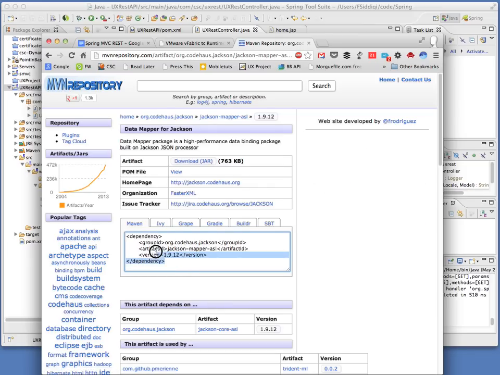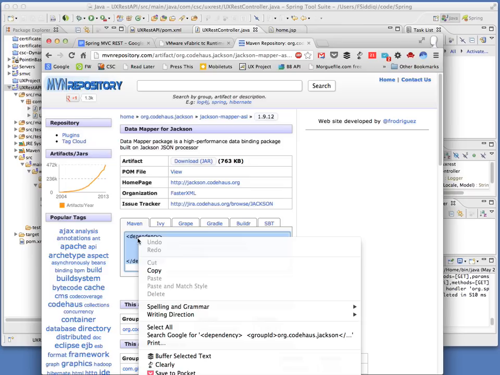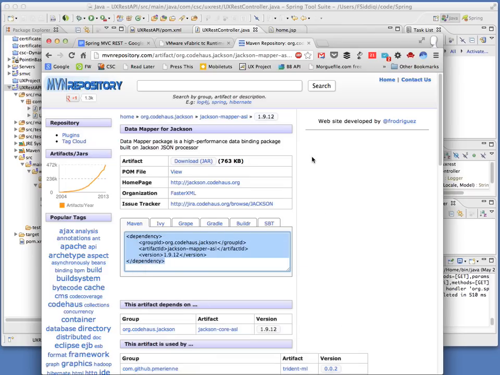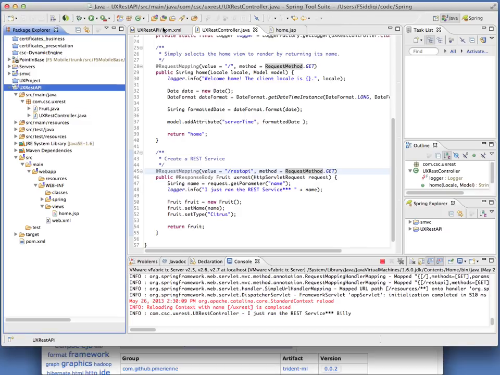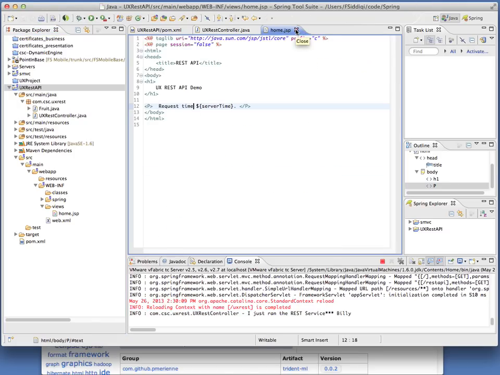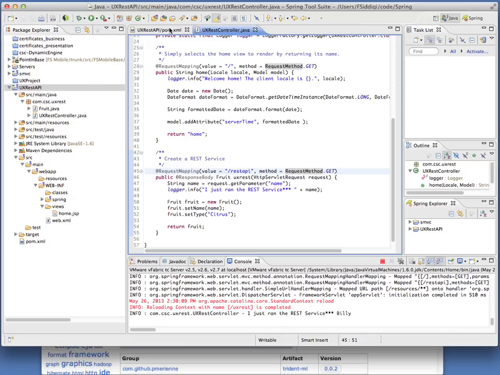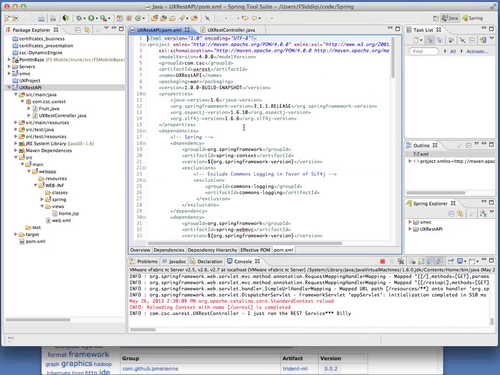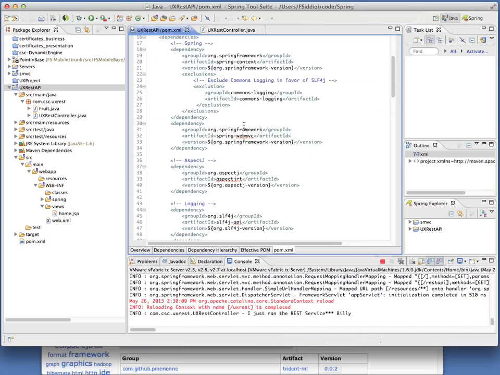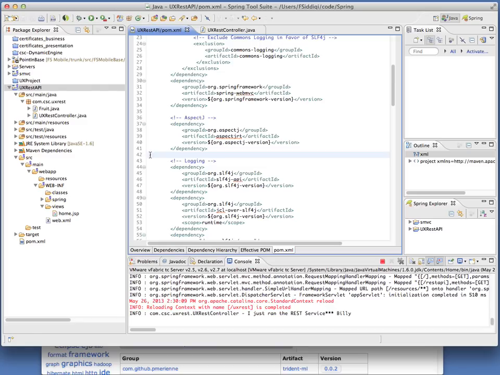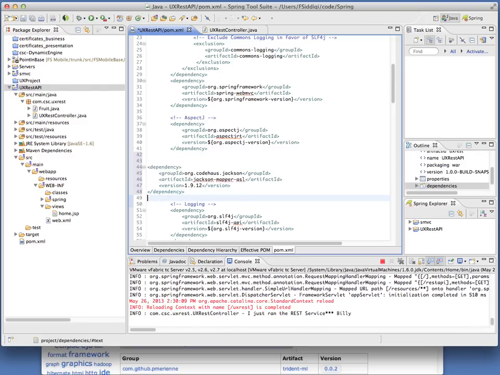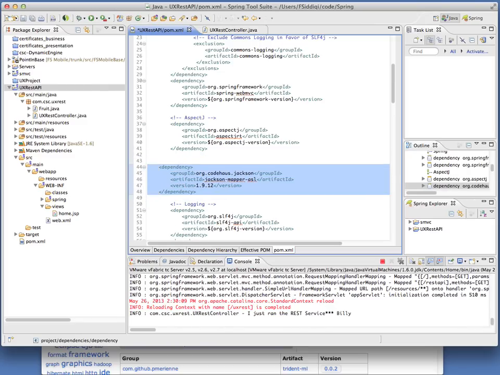It has this handy dependency tag, which I can put into my Maven file, which is the POM file that I first pointed to in session 1. I said that we would be changing 3 files, and we changed this one, and we can actually dismiss it. I'm not really interested in the JSP anymore, which is my view in Spring MVC. But I am interested now in the POM, and you'll see that the POM contains dependencies. There's aspect-j, there's logging, and somewhere in the middle, I can just drop in this dependency